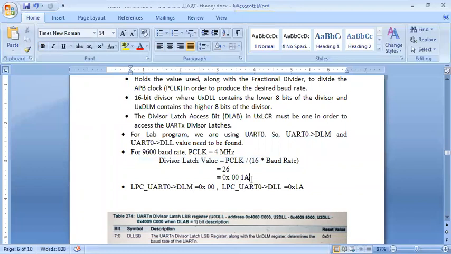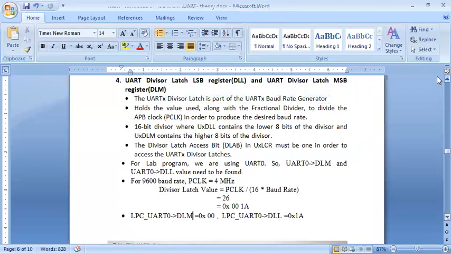Okay. Then what I'm going to do is I'm going to take this as a 16-bit value and put here. So this is my DLN. That's my higher byte of the register. Okay, that's your device latch register higher byte. So higher byte is 0 0. So I'll put 0 0 because this is 0 0 here. You can see this is 0 0. So this is from 0 0. And lower byte will be 1A. Okay, this is my value for DLM and DLL.